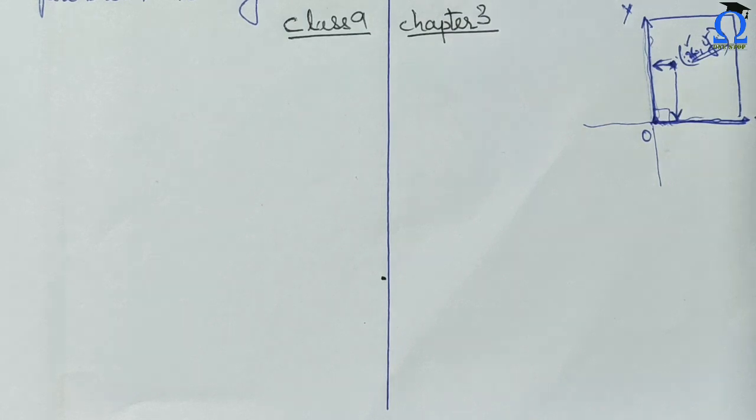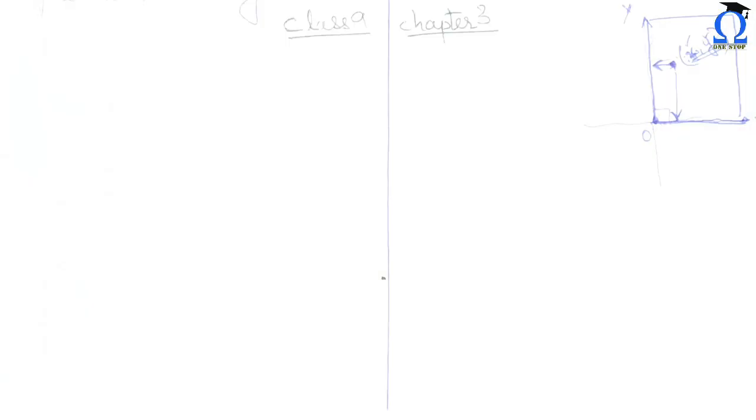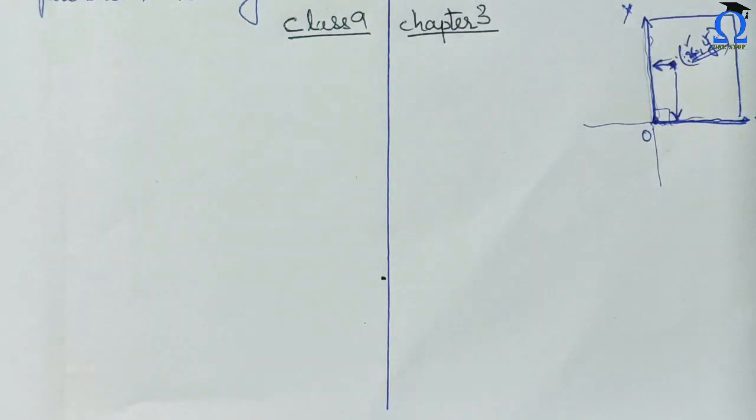Understood? Now in 3.1, question number 1, the same example is given: you are sitting in the fifth row and third column of the class. So how will you define your location? This is how we define it: the rows are taken as the x axis, and the columns are taken as the y axis. Therefore the location will be given as 5 comma 3. Understood? 5 comma 3, because 5 will be the x axis. Question number 2 is a similar kind of question. You can do it yourself.